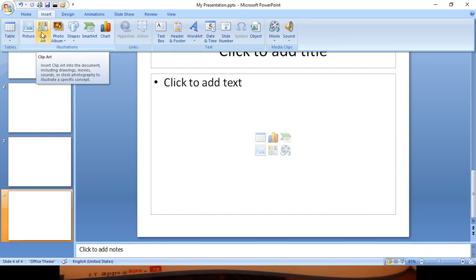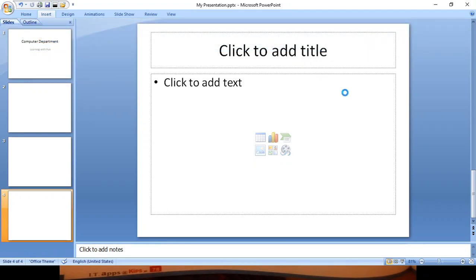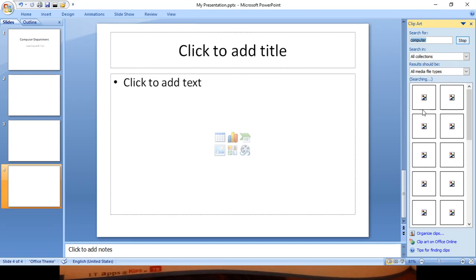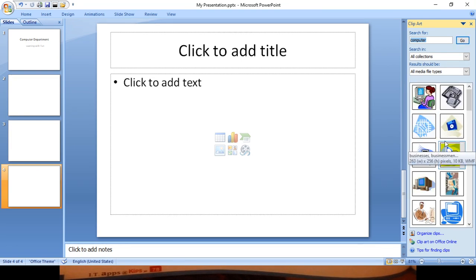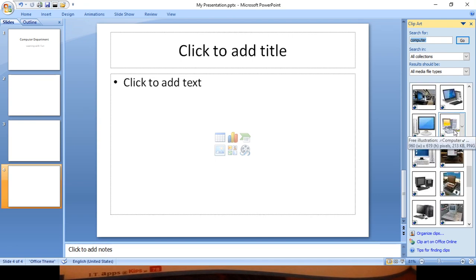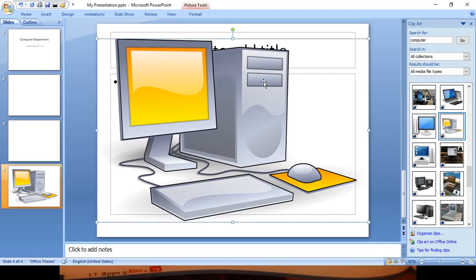The computer PowerPoint presentation gives us one feature where you want to insert some pictures that you don't want to find from the internet, but want to get from your own computer. See, these are the different images that the computer provides us. Here they have provided us the picture of a clip art, so I'll double click on it. So the clip art picture is inserted.